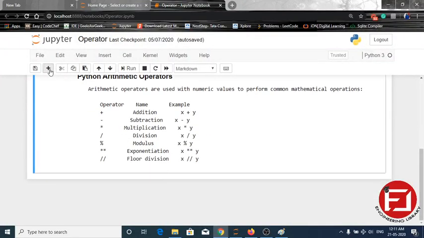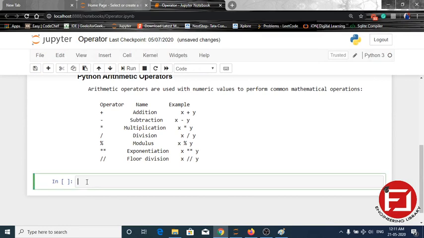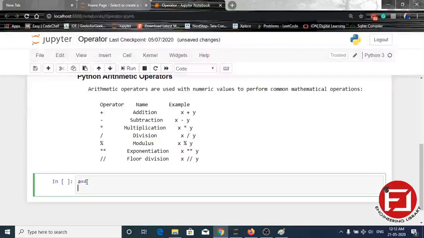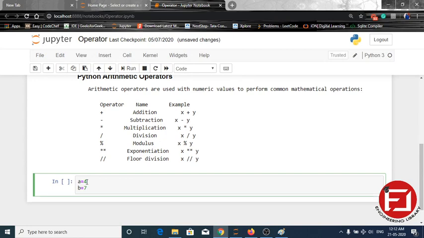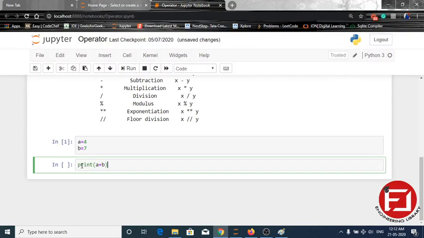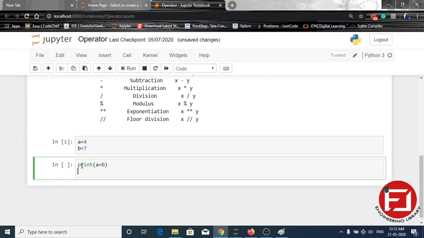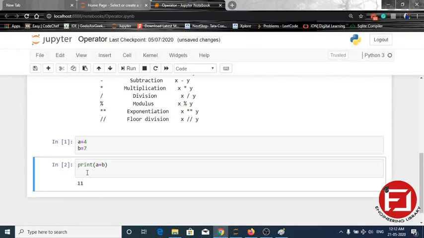Okay, so let's see some examples. If we assign a equals 4, b equals 7, firstly we do addition, a plus b. Just as we have learned, we print a plus b, and it is 11.